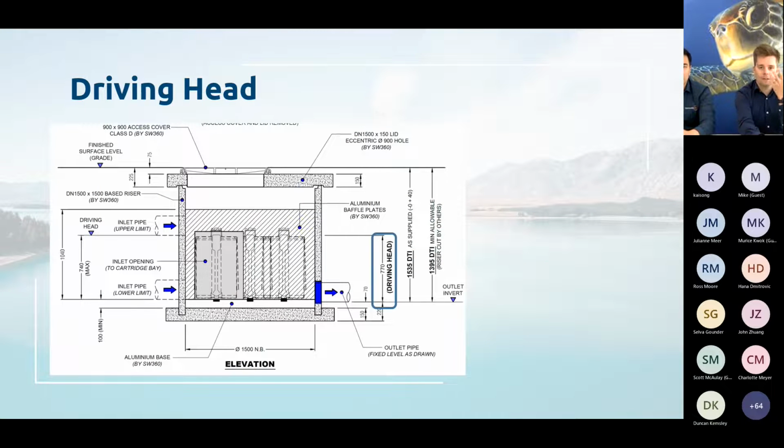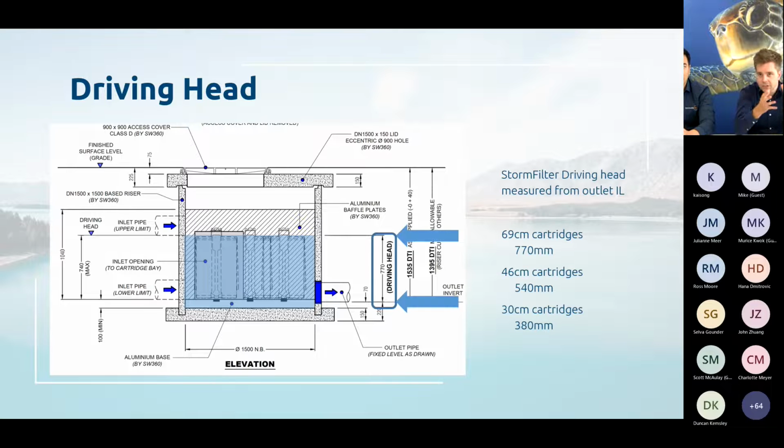The StormFilter driving head is shown here, and that is the water surface elevation required for the floats within the cartridges to pop up and that siphon to start going. So again, we have a range of different cartridge heights that have a range of driving heads. As standard, the 69 centimeter cartridges have a driving head of 770 millimeters. The 46 centimeter cartridges have driving heads of 540 millimeters, and the 30 centimeter cartridges have a driving head of